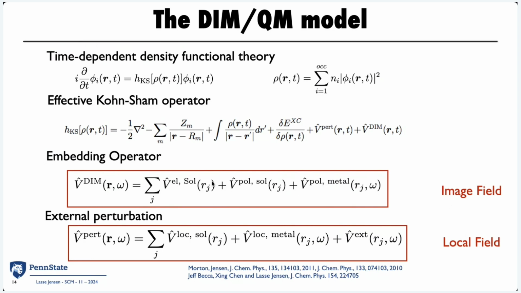Okay, but we also now have included polarization that comes from the solvent molecule, and that comes from the ground state charge distribution of all the solvent molecules in here that all perturbs our system. And then because we're doing surface-enhanced Raman scattering where we excite the plasmon excitations, we also have to worry about this local field. So this is the additional contribution that we have added in here that comes from the metal. Okay, but there is also an induced polarization in the environment that comes from the solvent molecules that we've incorporated into these things. And all these things are solved self-consistently within the DIM